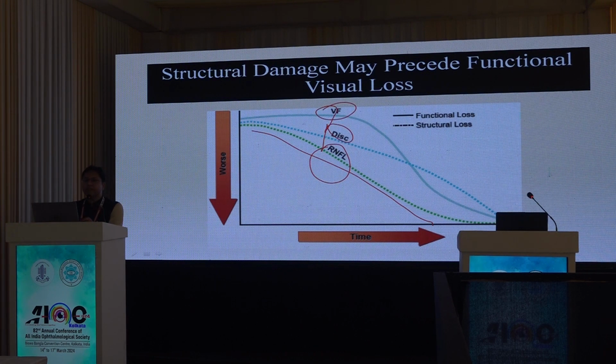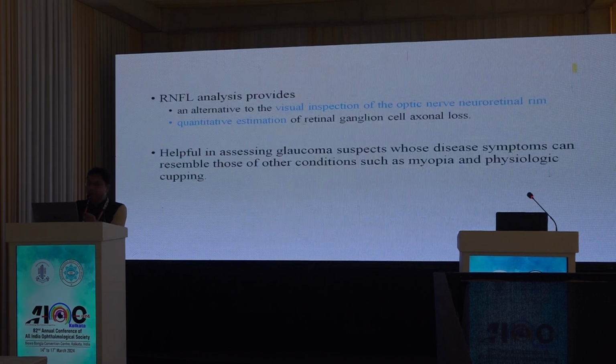So if you can check a disease like glaucoma, which is a permanent blinding disorder, at an early stage, then we can treat it better. So RNFL analysis is something which is pre-perimetric, where we can assess the structural changes before, and the